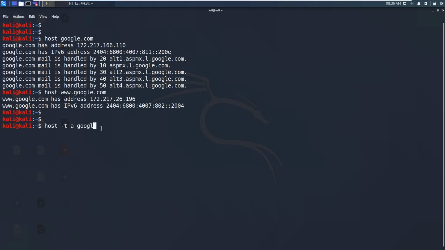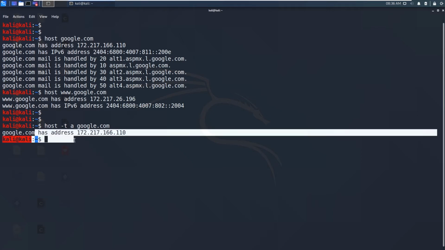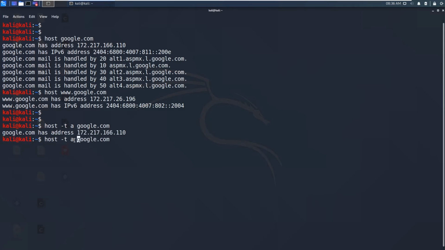As you can remember from the networking videos, we can have the A record as a mapping between domain name and the IP version 4 address, right? So now google.com has this address. This is the IP address corresponding to google.com, and we can also query the AAAA record, that is the mapping from domain name to IP version 6 address. If I hit enter, we will get the IP version 6 address. This is the basic information we have seen by running the basic host google.com command.